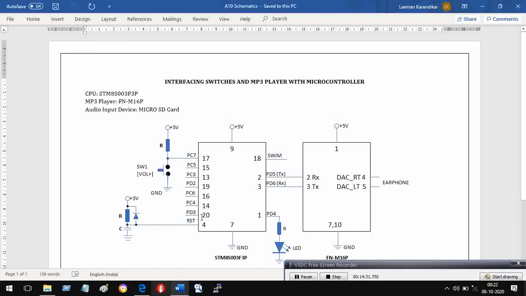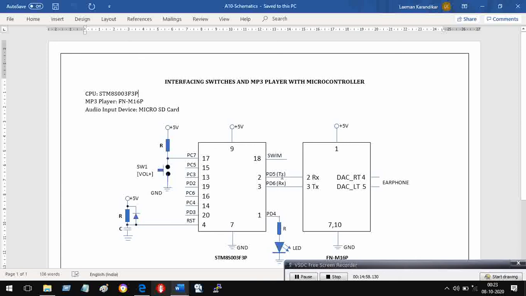So I cannot use it for the I/O application. I use this pin number 1 for illuminating one LED, the purpose of which I will tell you later. To limit the current, we are using a suitable resistance, and this LED will glow if this pin becomes 1. This is another I/O port pin.